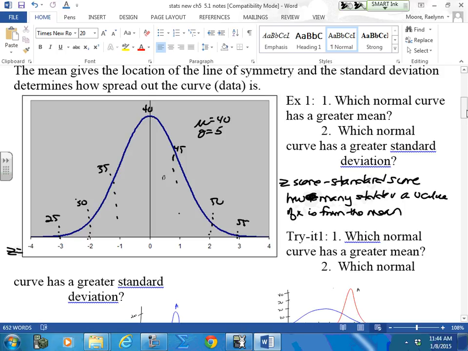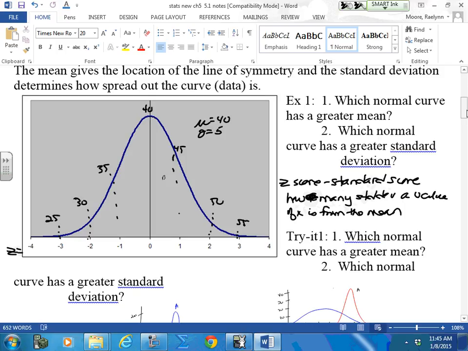So for instance, an x value of 45 has a standard score of what? 1, because it is 1 standard deviation above the mean, right? An x value of 30 has a standard z-score of what? -2, because it is 2 standard deviations below the mean,